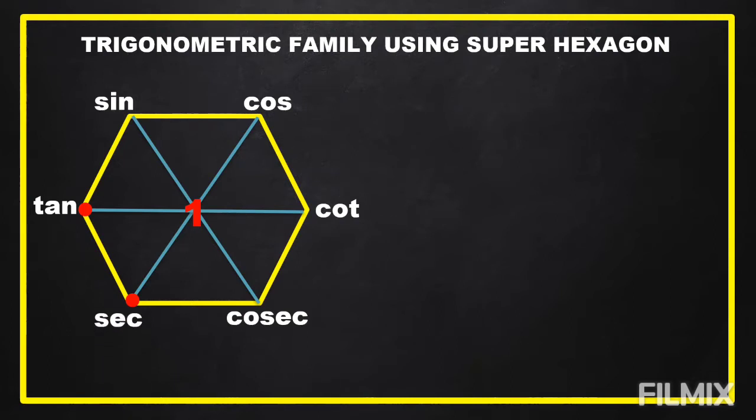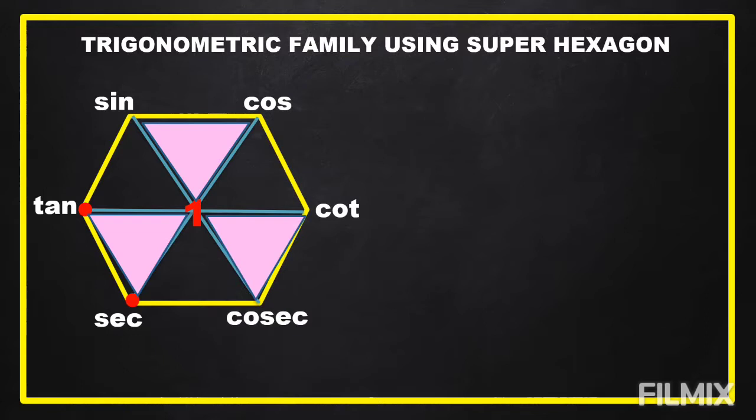our hexagon. How many triangles do we have? Yes, we have 6 triangles. But we're going to focus first on our 3 triangles. And we're going to put an arrow moving clockwise. What does this arrow mean? What trigonometric identity can we make? This means that sine squared theta plus cosine squared theta is equal to 1.